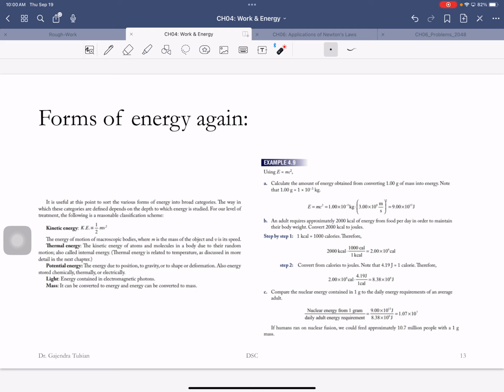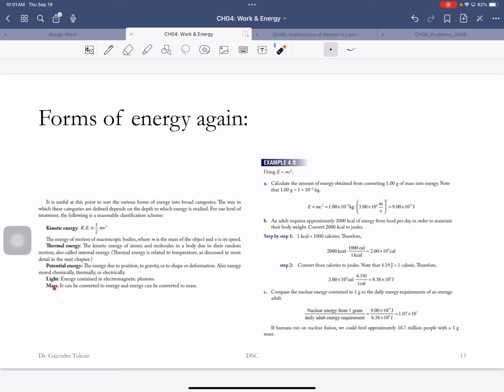So again, we've talked about various forms of energy. Kinetic energy is energy in motion, and the formula is 1/2 mv squared. Thermal energy is heat energy. We'll talk about that more in one of the next chapters. Potential energy, here gravitational potential energy, is called potential energy because you can release it anytime you want. That's what we do in a dam. When we store water behind a dam, we've stored potential energy. We've stored water as well, for agriculture later, but you can also produce electricity whenever you want.